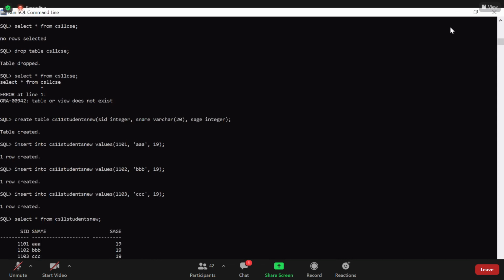Now we'll try to modify the first record's name with 3 Ds. Suppose imagine that you have mistakenly entered 3 A's instead of 3 D's. That can be possible using the update command.